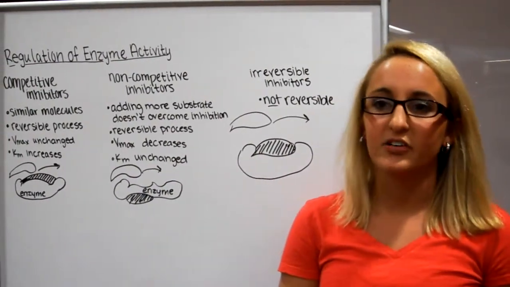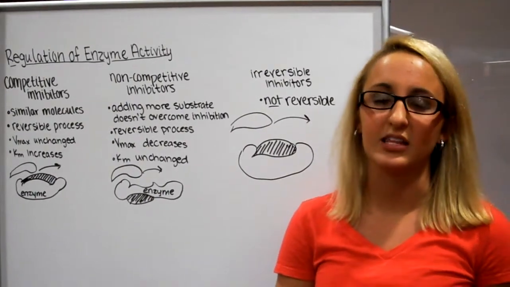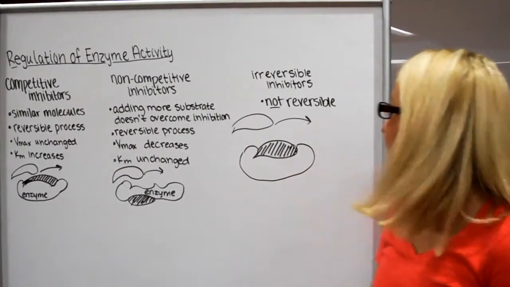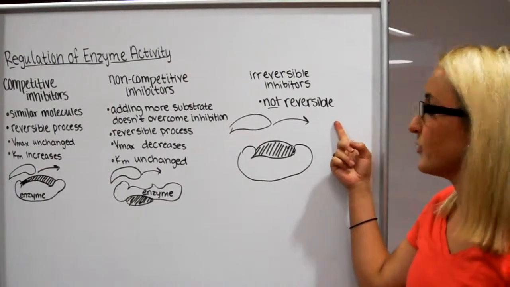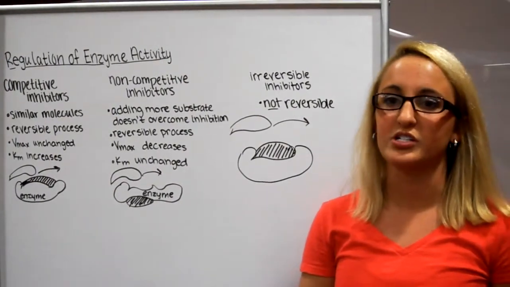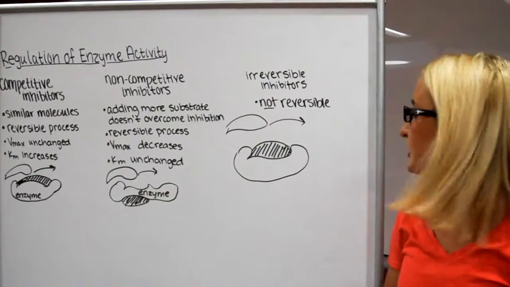Lastly, irreversible inhibitors bind to the active site and make the enzyme permanently inactive, and so this process is not reversible. The substrate that wished to bind to the enzyme is now mostly terminal, so it